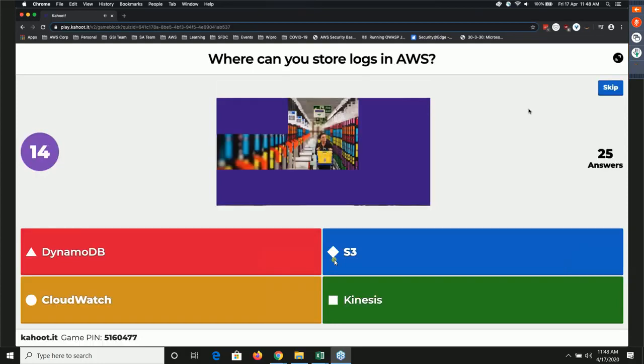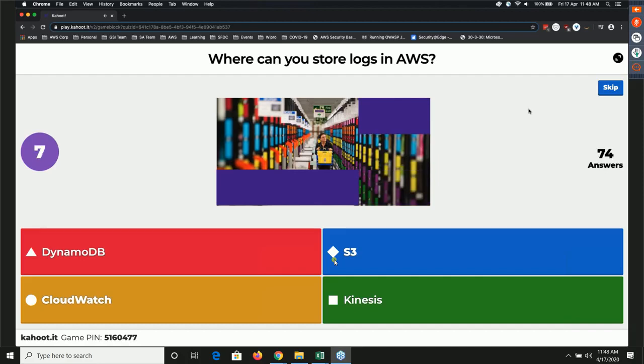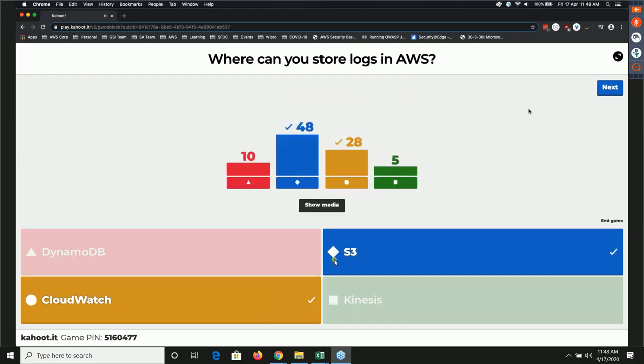So where can you store logs in AWS? Logs. This is not necessarily a serverless question, but it is more of a general one. Cool. So here the answer,